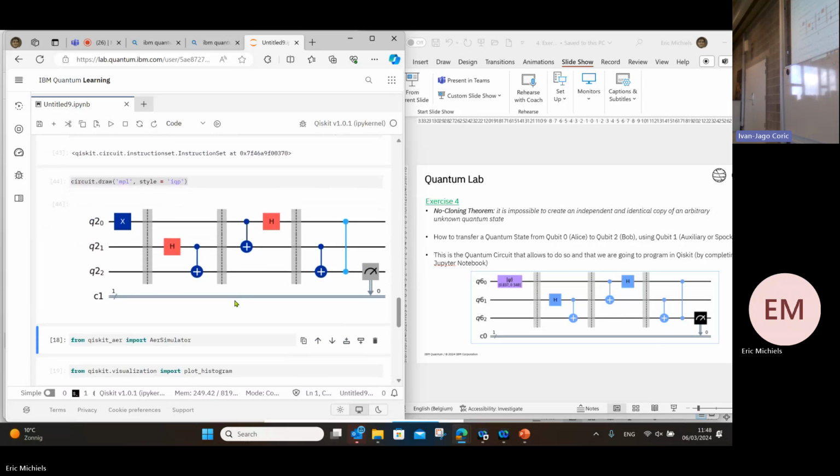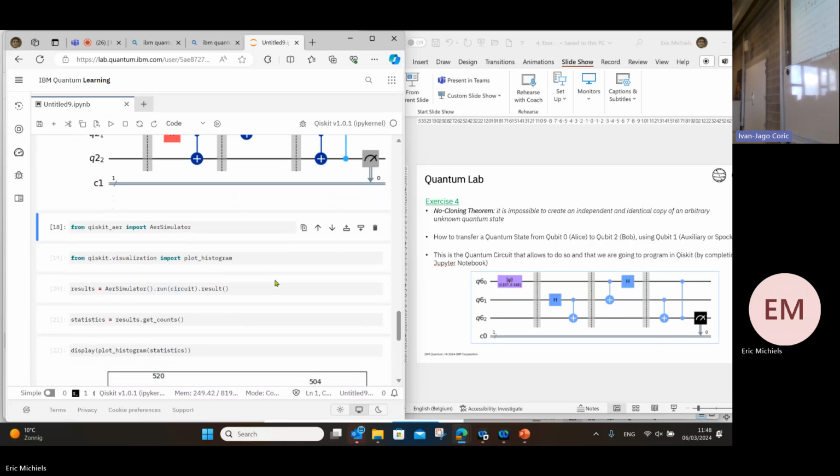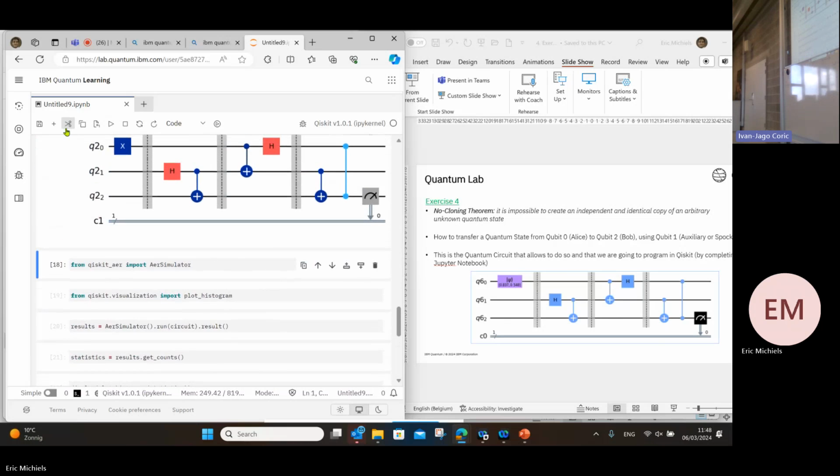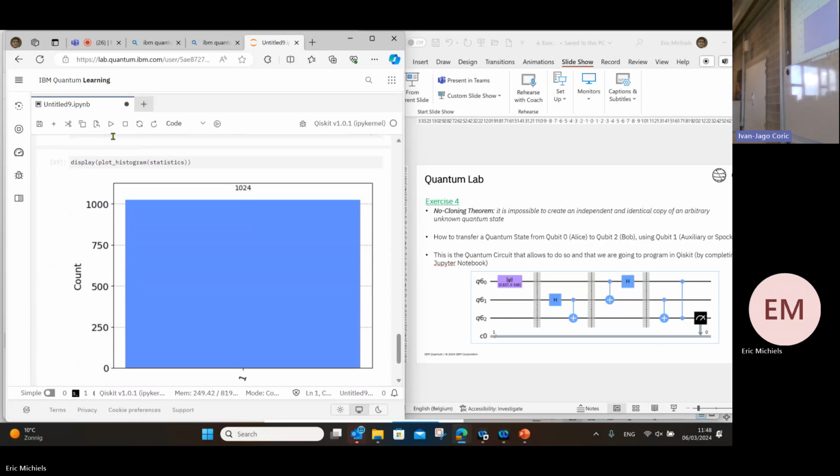Okay, now I'm ready to execute. Did everybody manage to get the circuit already? Okay, I'm going to execute it. What do you see? You see, the only result is one. All possibilities, one. So each one is a result. So I teleported my state one